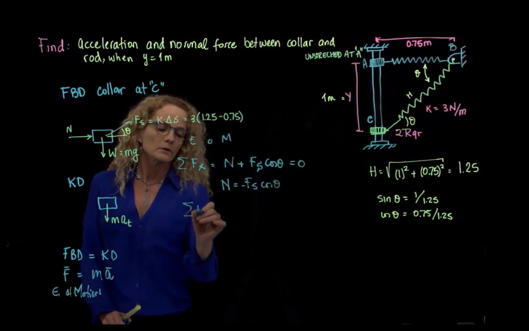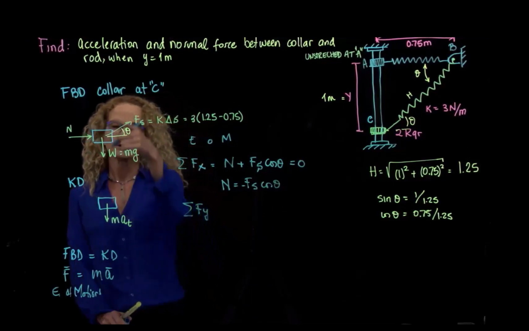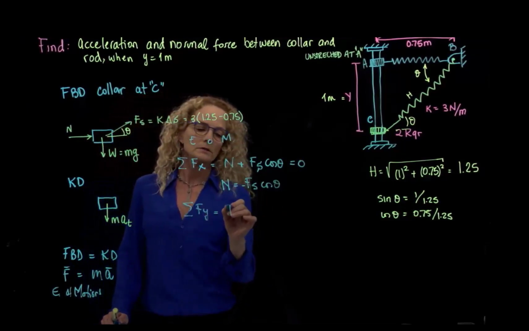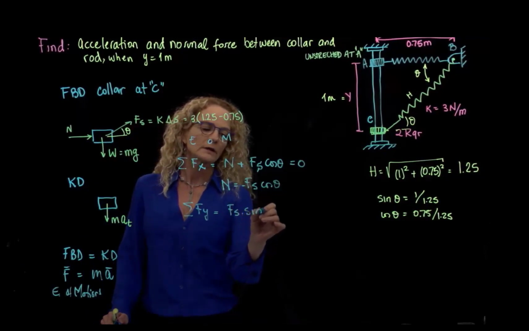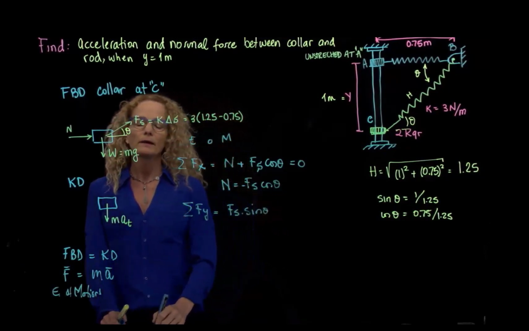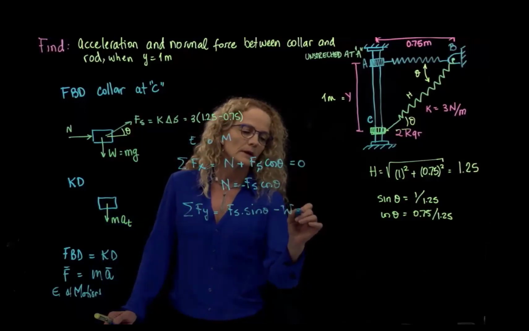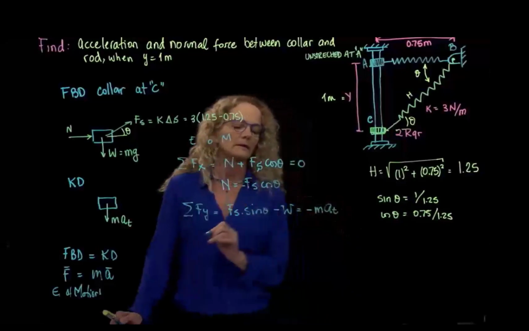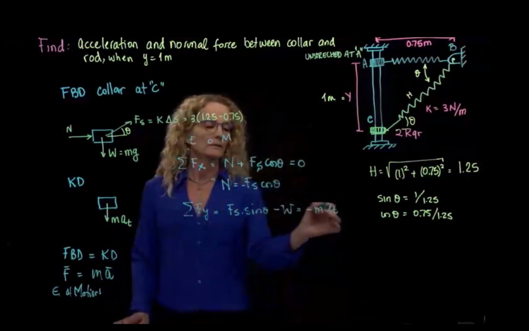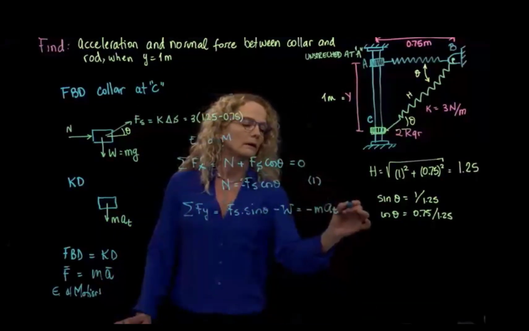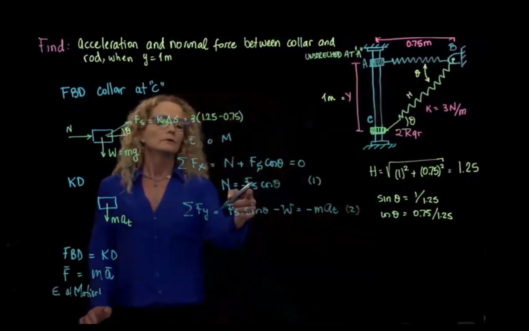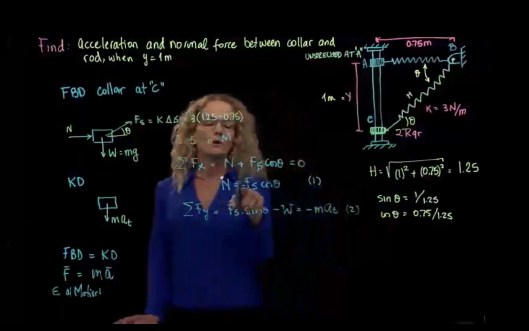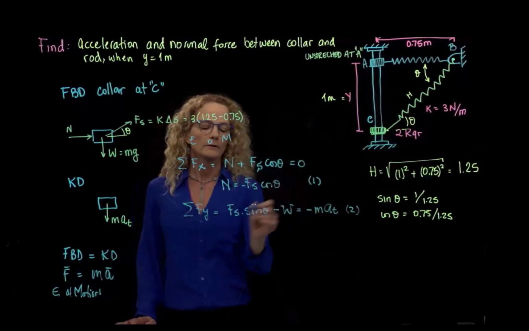And from the forces in y, or in the tangent direction, right, we have the spring force times sine of theta, minus the weight, equals, in this case, minus mass times the acceleration. Let's call this equation 1, and this equation 2. And you see, here we know the angle, because we know the cosine, and we know the spring force, then we can find from 1,